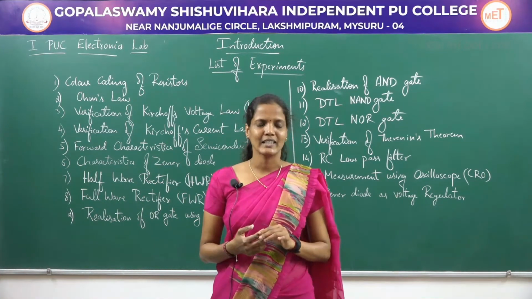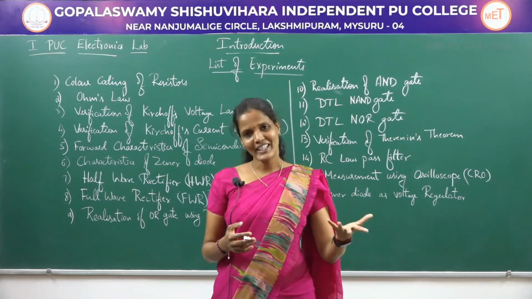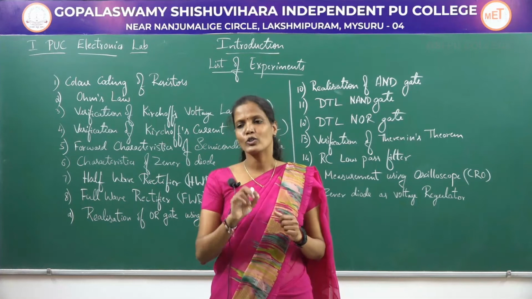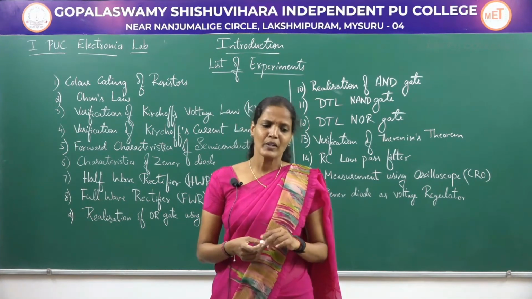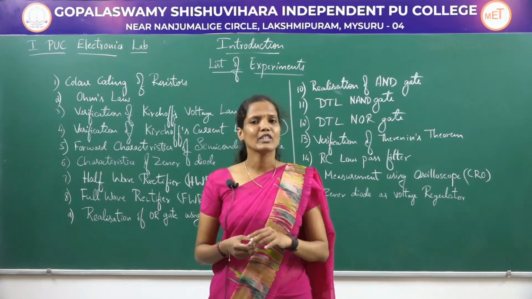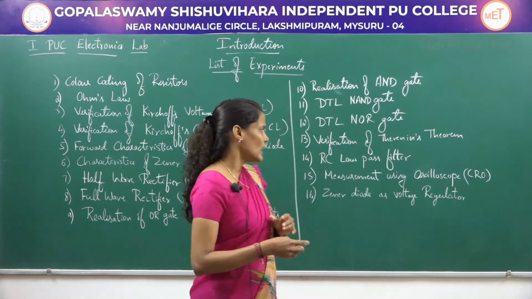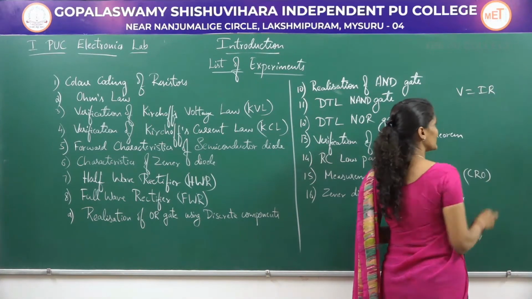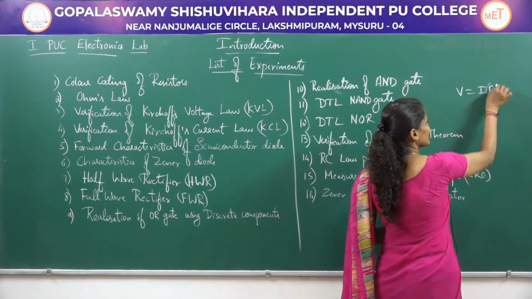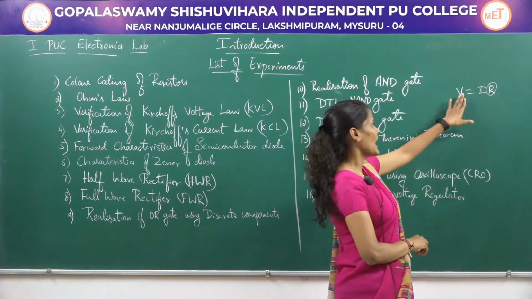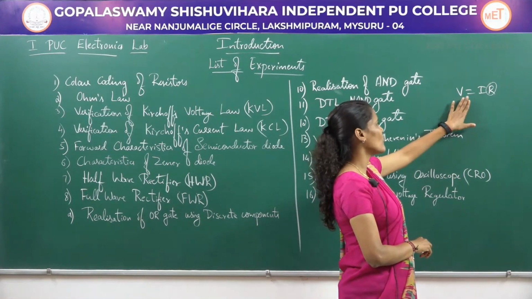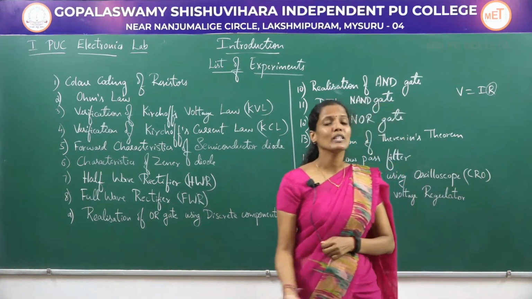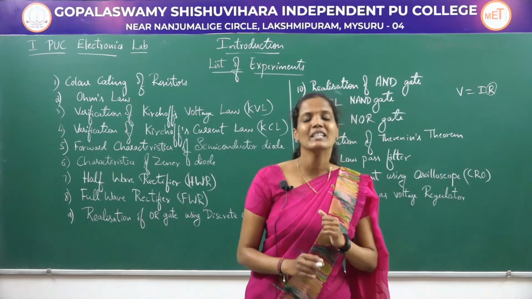For that given resistor, we are going to connect a voltage source through which we will be varying the voltage, or through which we will be applying the input signal. The corresponding current which flows in the circuit will be measured. According to Ohm's law, we have the formula V = I × R. The resistance value will be fixed. Then if I vary V, obviously the current will also vary. So we are going to see the relationship between the voltage and current in the second experiment, that is Ohm's law.